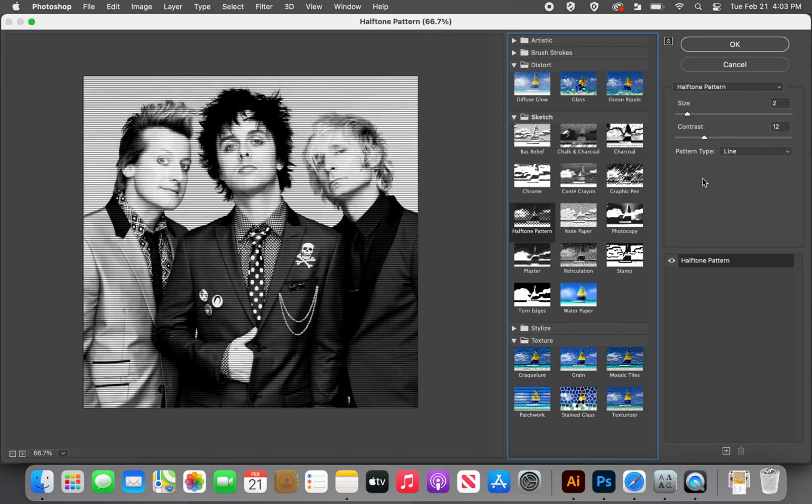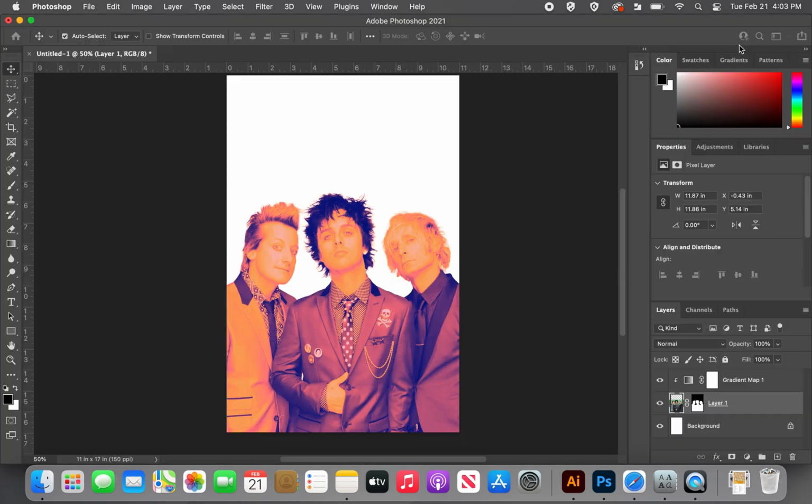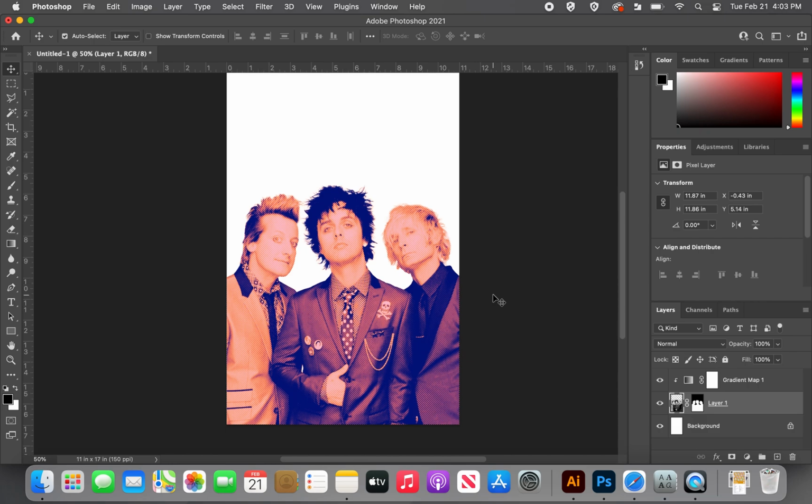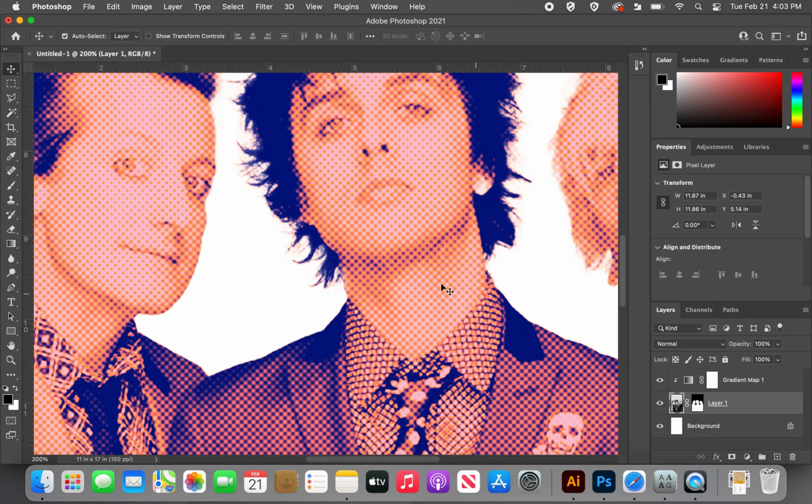So I'm going to start with halftones. I like the dots. I'm going to make the dots a little bit larger so I can see them. And remember, this looks like there's no color right now. I have a gradient map on it. It'll be okay. There we go. So when I press OK, if I zoom in a little bit, you can see those halftone